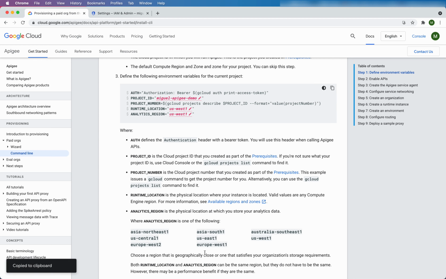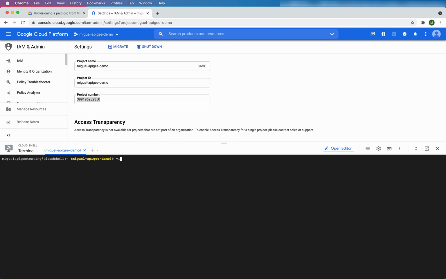So now let's copy this, and I'm just going to create an environment file with this information, and if there are more environment variables later, I'll just keep adding them. So let's go back to the shell. Let's call this Apigee EMB. Let's paste this. All right, here we have it, and it looks like I accidentally removed the beginning of this, so I'm just going to add export at the beginning of each of these. And let's save that. Now I'm going to source this file, and once it's sourced, those environment variables are active,